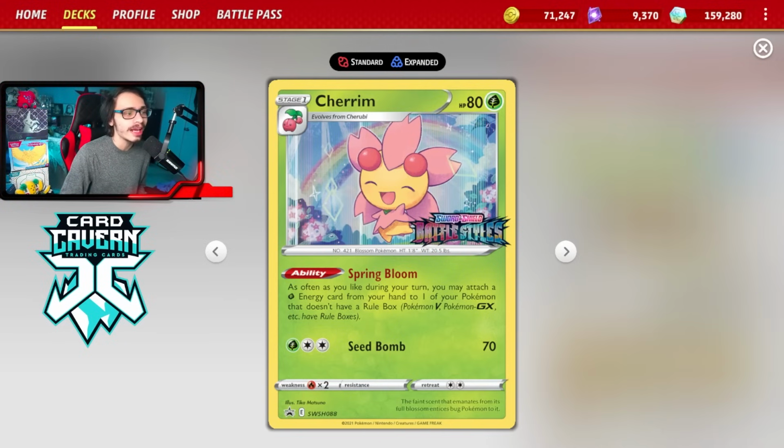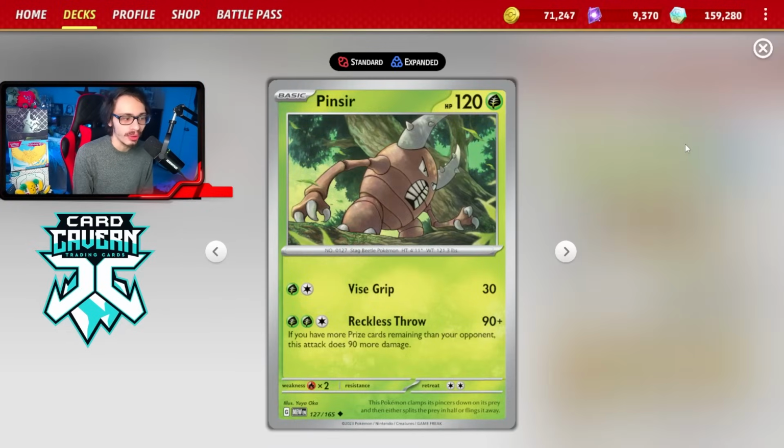As often as you like, during your turn, you can attach a Grass energy from your hand to one of your Pokemon that does not have a rule box. Now, obviously, this isn't going to work with stuff like Fortress EX and Superior, V-Star, stuff like that, but it does work with one prize Pokemon, and you can also power up Grass types like Pinsir with Reckless Throw. That does 90 damage. If you have more prizes remaining than your opponent, you can do 90 more damage. So if you're behind in prizes against Charizard EX, you can just one-shot them with Pinsir,